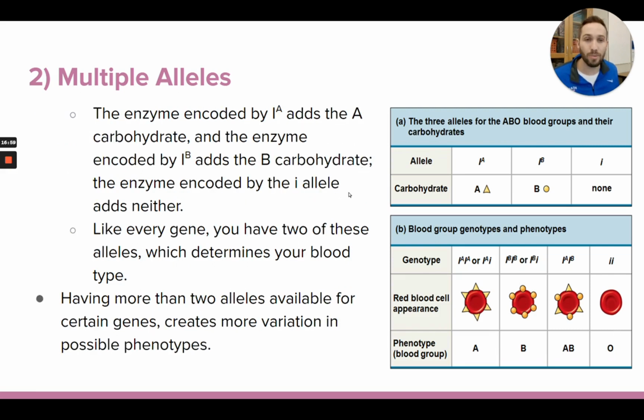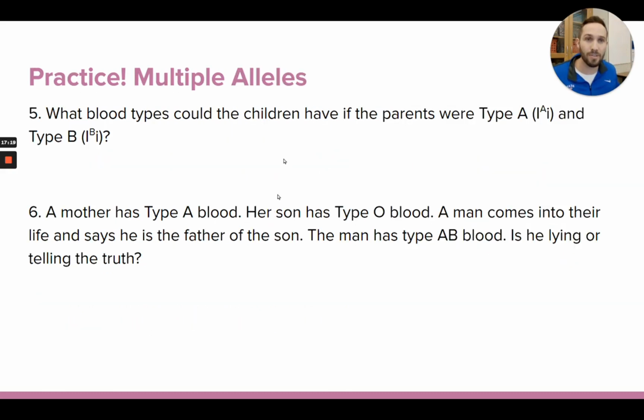Anyway, you could do some crosses that involve multiple alleles sometimes. Just remember that you only have two alleles, but there's more than two that you might find in people's genes, that exist in the human population. There's more than two options out there, but you only get two. And so when you do crosses, you can get some different outcomes now, because there's more variety in terms of what alleles you have and what alleles you're passing on.